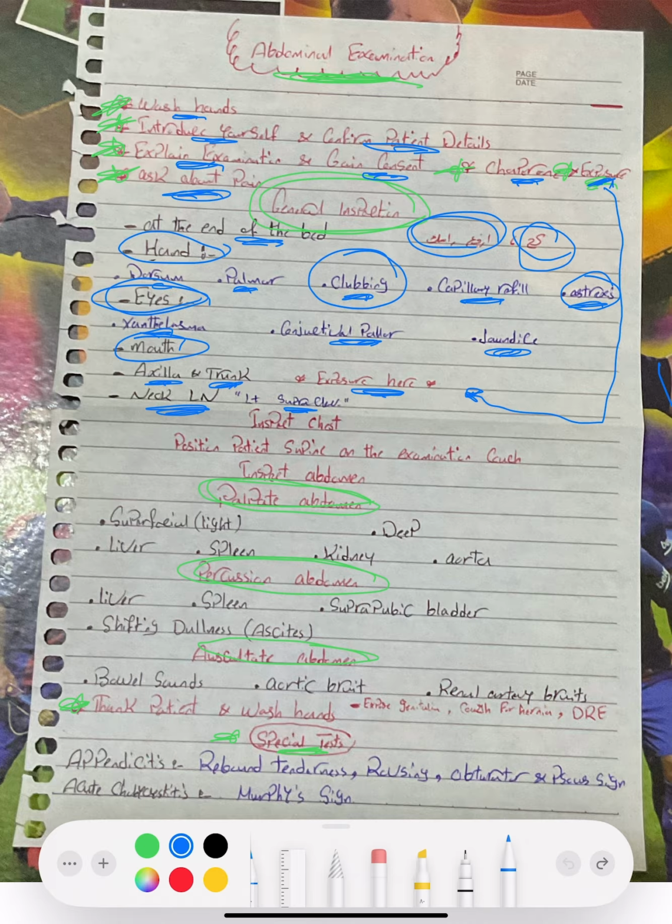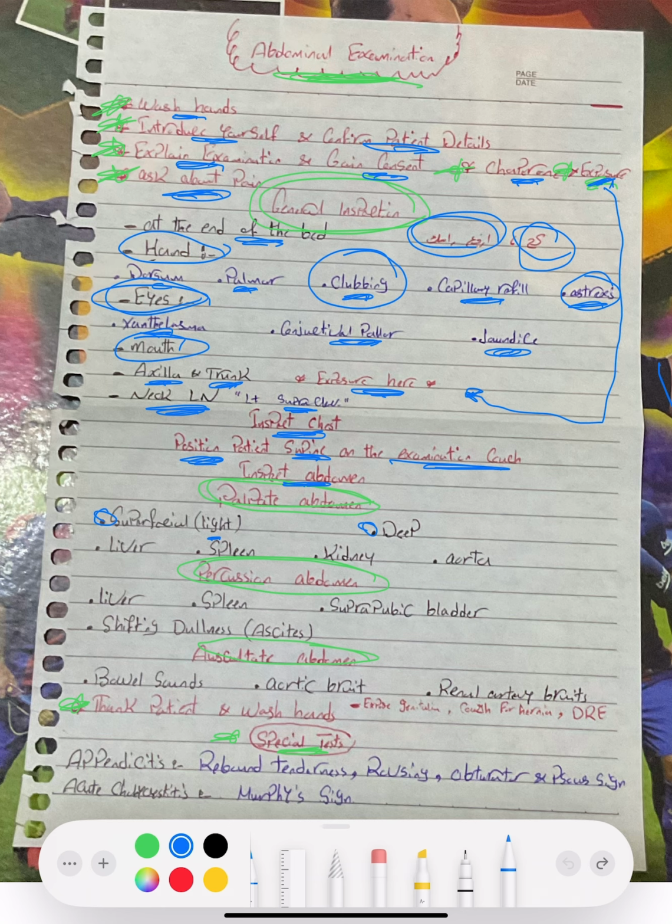After that, we inspect the chest, noticing any spider naevi, any gynecomastia, and adjust the position of the patient by asking the patient to lie supine on the examination couch. After that, inspect the abdomen and go to palpate the abdomen in a superficial way and a deep way. By the superficial way, light palpation